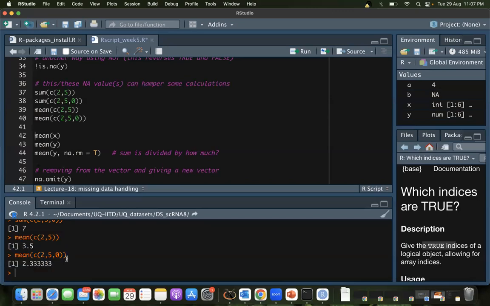So 0 being there or not being there is a difference, right? Think about it in this way. You have some device, some measurement you are taking. Getting a number 0 in it does not mean you can ignore it. It is also an observation, right? So mean will take that into account, that you got a 0 in one of the observations, so your average is going to get reduced, and this makes sense.